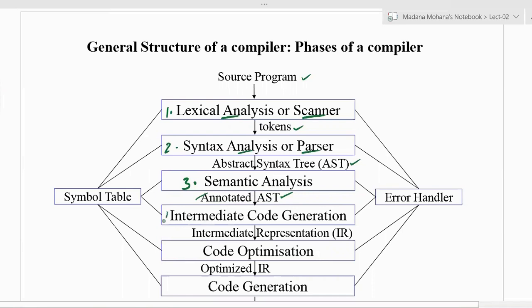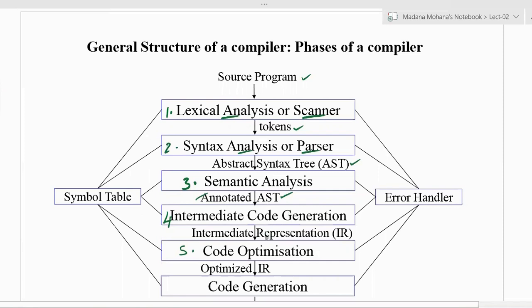Then the fourth phase is called intermediate code generation, which takes as input the output of semantic analysis, that is the annotated abstract syntax tree. Then that can be translated into some intermediate representations, like postfix form, three address code; various intermediate representations are there. That is the output of intermediate code generation. Then the fifth phase is code optimization. Whatever intermediate representation is obtained using intermediate code generation can be minimized, optimized wherever possible.